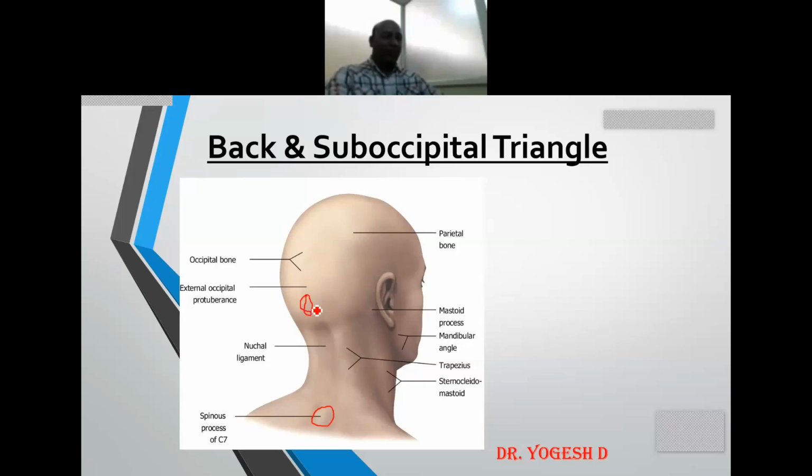Okay, and extending from that, you will have two arching lines like this, which are called the superior nuchal line, and below them you will have the inferior nuchal lines. Okay, and there is a bony ridge extending all the way from the external occipital protuberance to the anterior portion of the occipital bone, or up to the rim of the foramen magnum, and attached from this up to the C7 spine is a ligament. Okay, which is very useful in maintaining the posture of the neck.